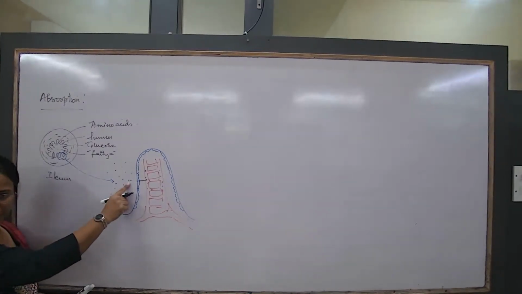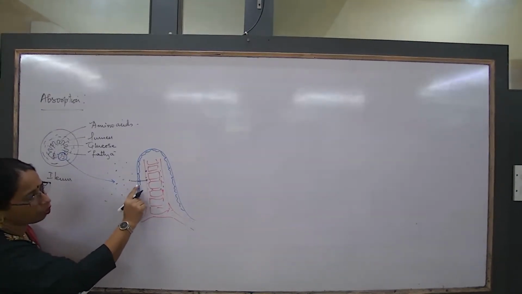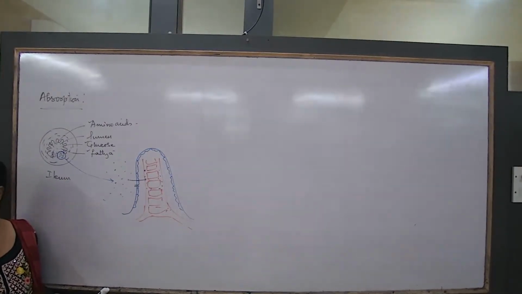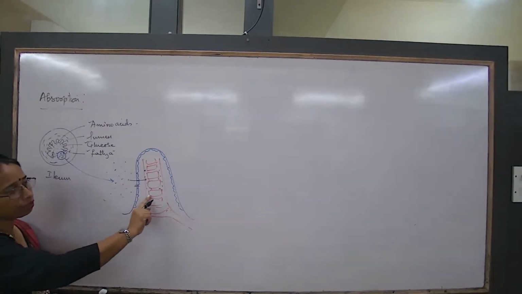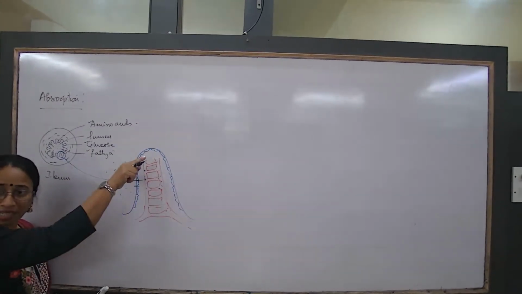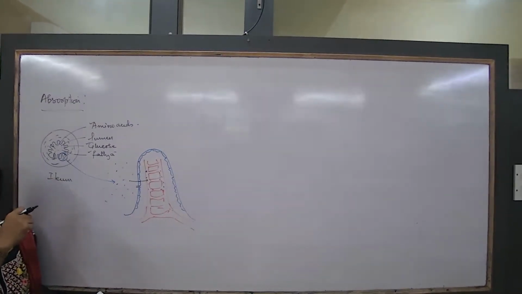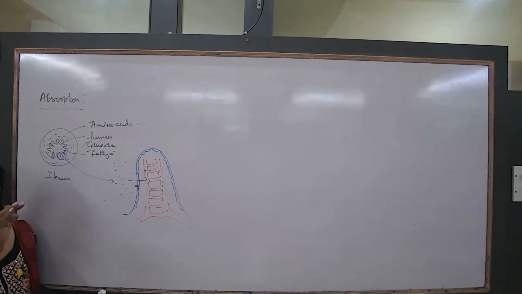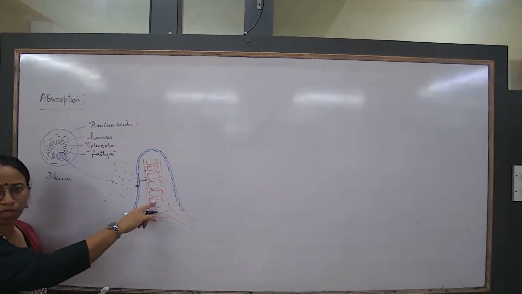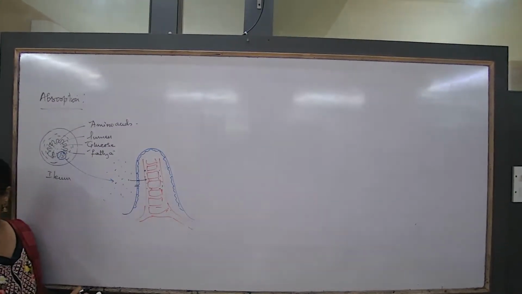Suppose now I talk about these molecules of fatty acids, they will just cross the wall. How can they cross the wall? Because the wall is so thin. Diffusion is possible. And why diffusion? Because in the blood, all these molecules, the fatty acid, the glucose, and the amino acids, are in a lesser concentration. Outside the villi, they are in a higher concentration, so smooth diffusion can take place. Here the concentration of these molecules is more, in the blood the concentration is less, so the molecules easily pass through the membrane, entering into the blood.